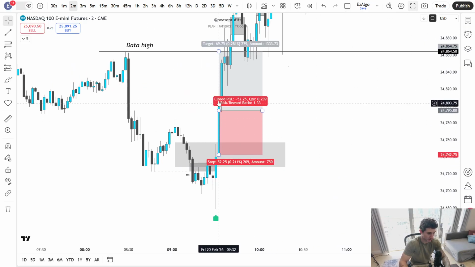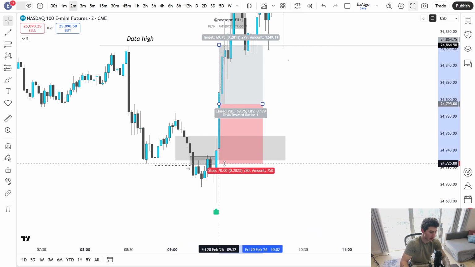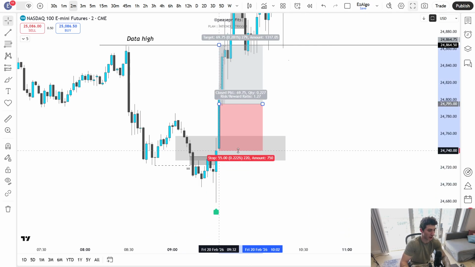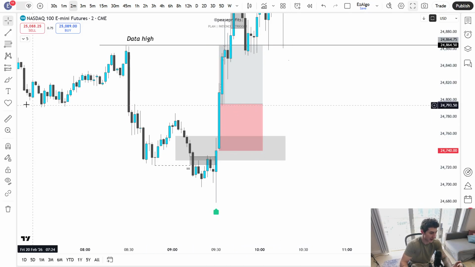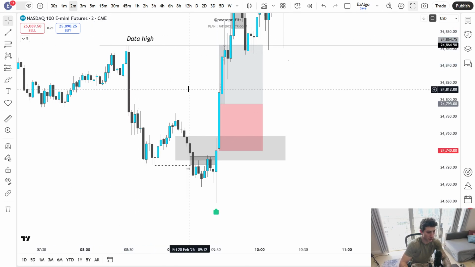And, you know, keeping my stop loss pretty tight, right? I'm not putting my stop loss all the way below these bearish gaps, or definitely not at the swing low. What I want to see from here is a clean push up in like 1 or 2 candles, which is exactly what happened. Full TP at the data highs for a 1-to-1 risk to reward.